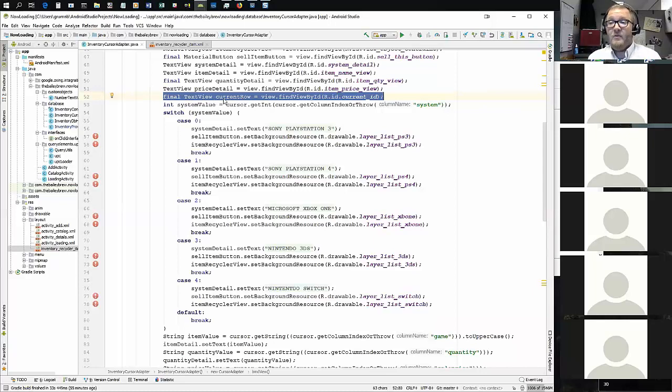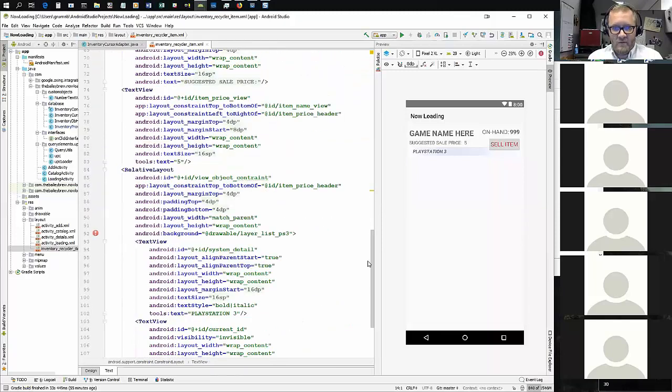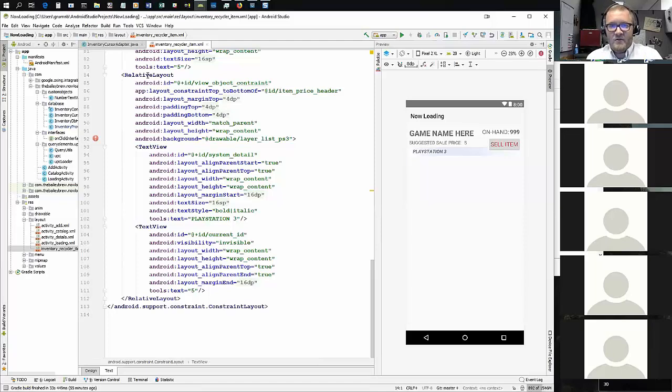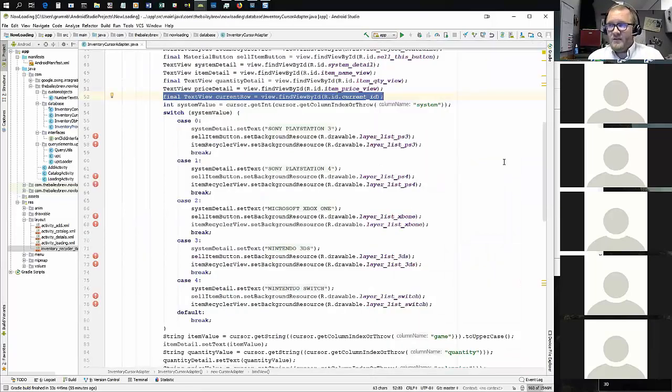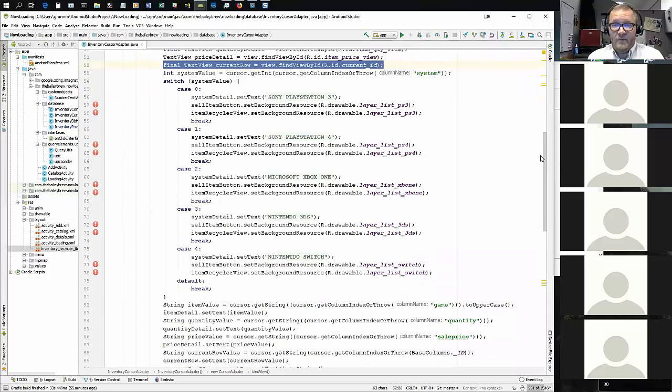I created a text view and set it equal to the current ID. Now, if I go and look for this view, it should be towards the bottom if I remember right. Yeah. So in this relative layout, I have the system details. I also have the current ID, but I set the visibility to invisible, so it literally will never show on the screen. Why would you do that, you might ask? Why would you specifically declare a view to be invisible? I do that because